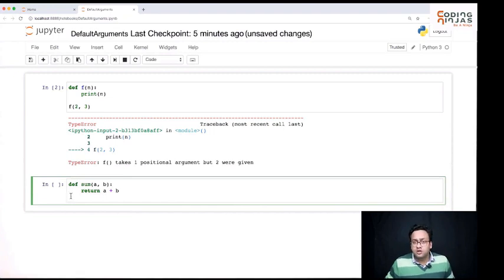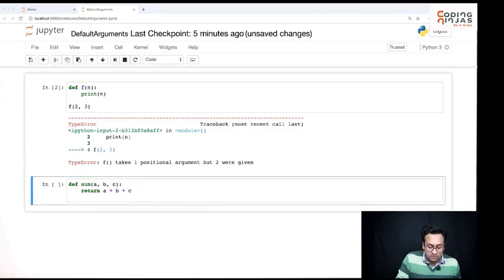So what you can do is say, hey, I want to take three arguments and I'll return the sum of all three. But Python allows you to give a default value for the argument. What that means is, I can say c is equal to 0.